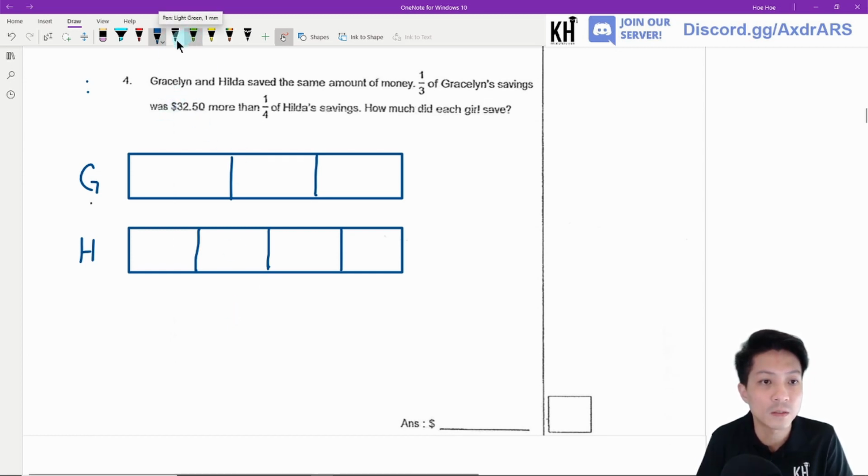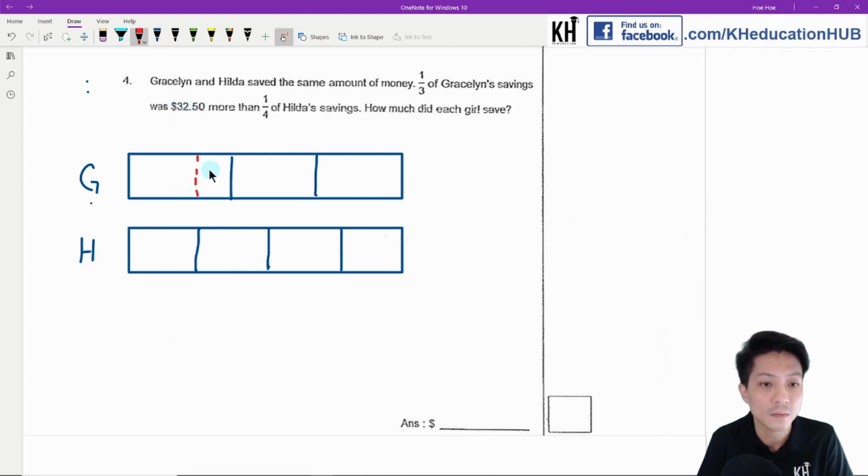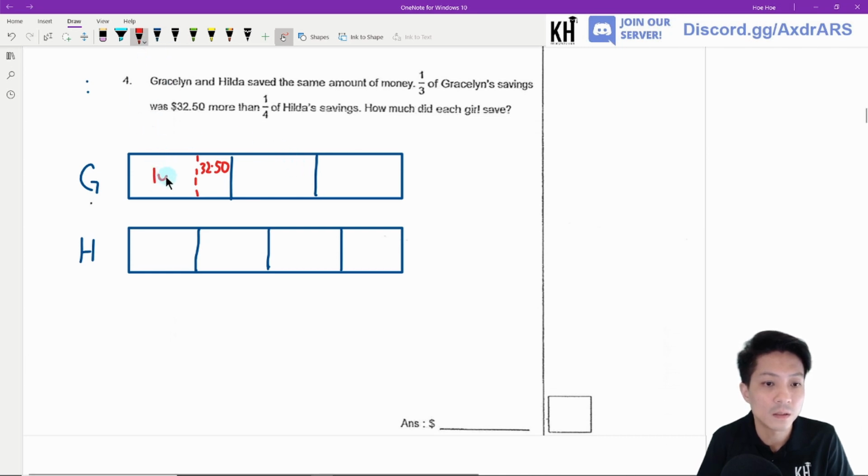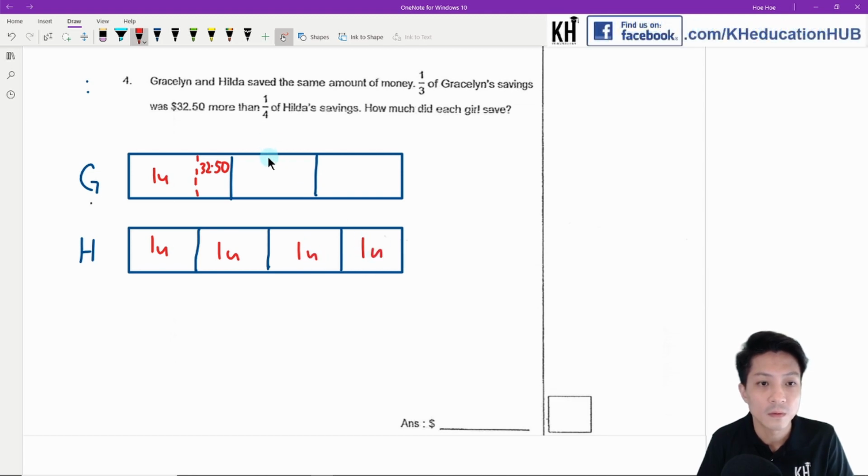This small part over here is the $32.50, and this becomes the 1 unit. If I were to cut out all the $32.50 and write down the 1 unit,